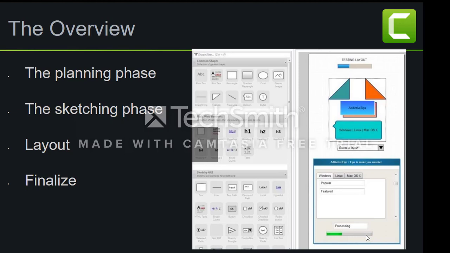To talk about the overview, there are four phases: the planning phase, the sketching phase, the layout, and finalize. Planning and sketching ideas before taking them to implementation is a useful quality that developers have learned to value. In website development, the concept of wireframe, which is a diagram or sketch of a website ready to be handed over to a graphic designer, resonates with this need. On the other hand, prototyping deals with laying out a plan before execution for successful product development.